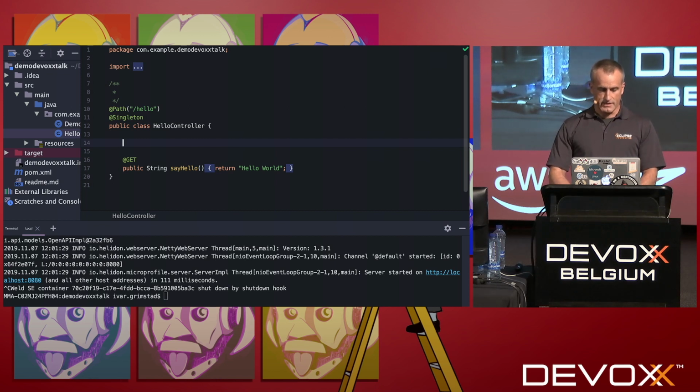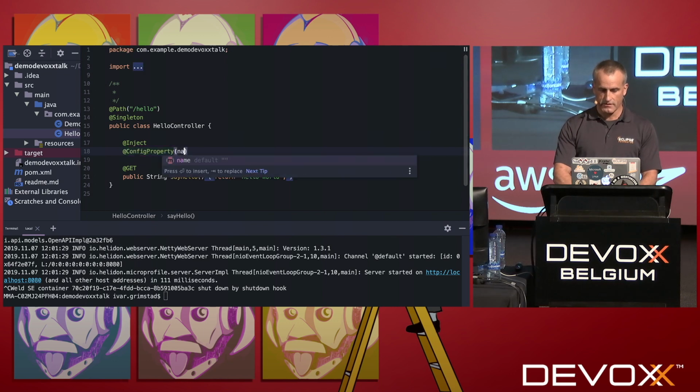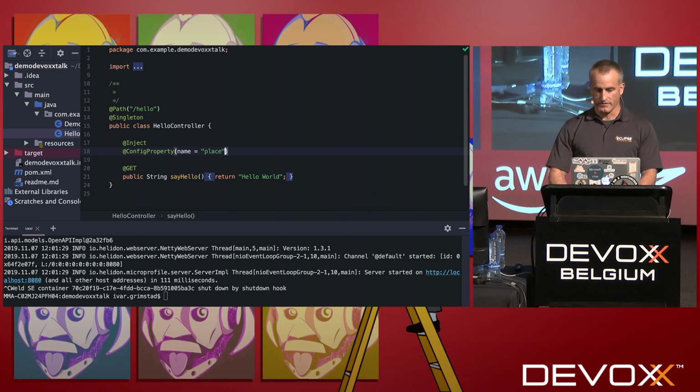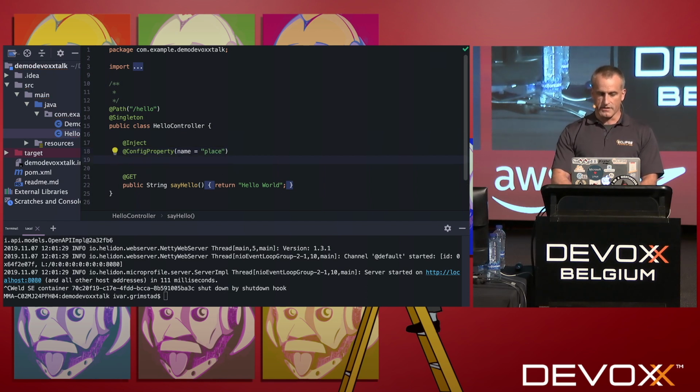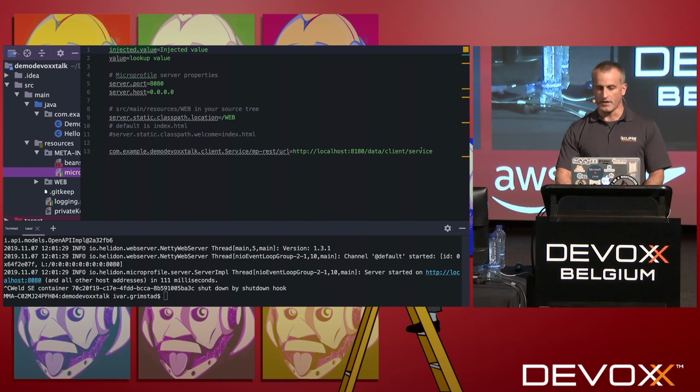So I'll just inject a property here, which is a config property, and I'll call it name equals place, and let's also call that a string place like this, and rather than hello world, let's say hello to this place. And to configure this, I'll go into the configuration file and configure it for my local environment, and